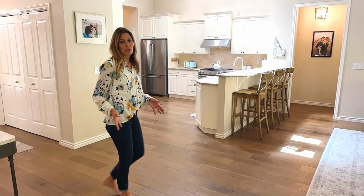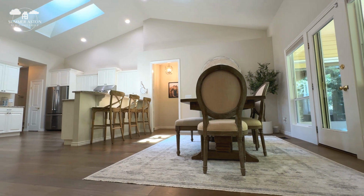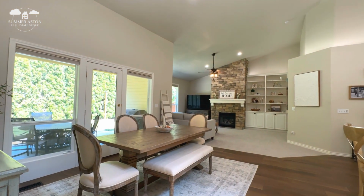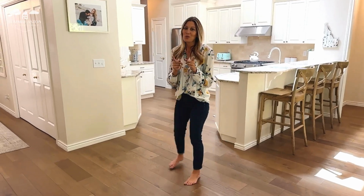With a truly open concept floor plan, it makes it easy to entertain in this space. Engineered hardwood continues into the dining area where there's lots of space for a large table for your family and friends. And I know updated is what you want, and so updated is what you are going to get in